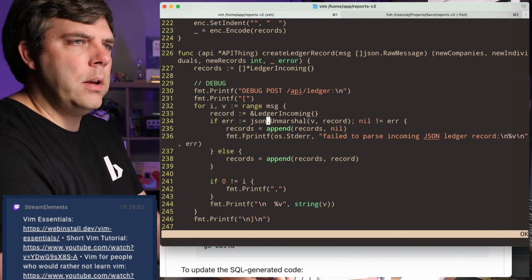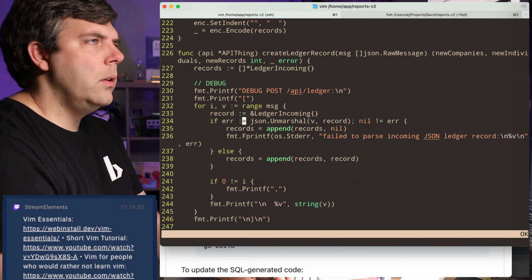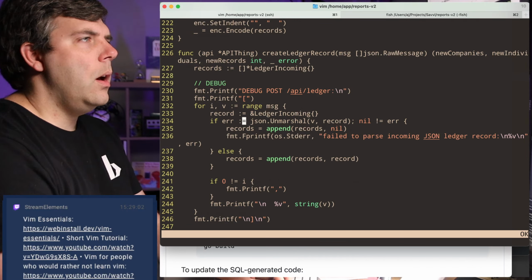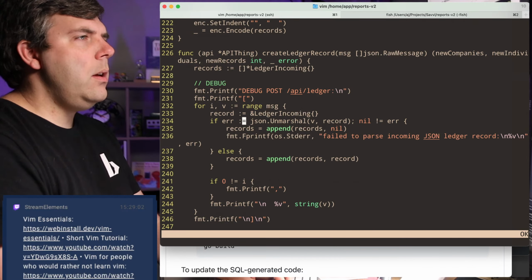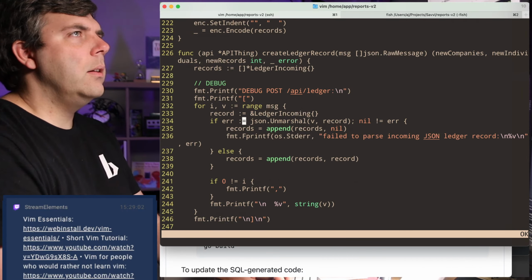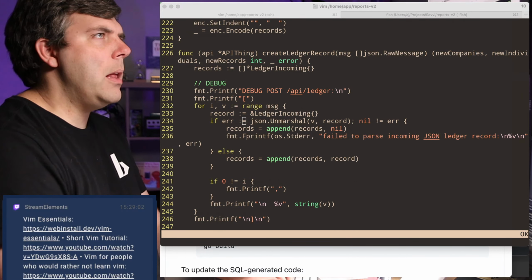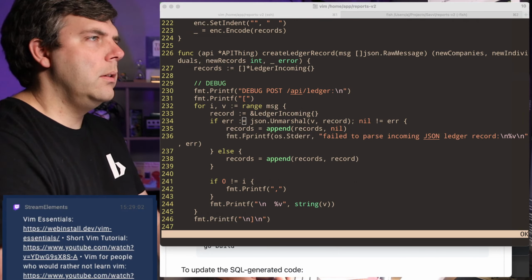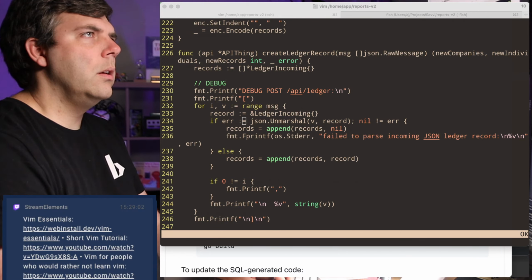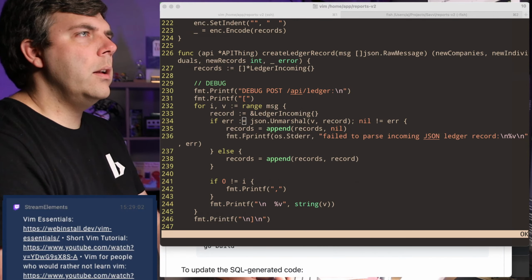Ah, what did I do? Whoops, I hit a wrong button. Oh, do I not have the Golang command set up in StreamElements? Let me go to StreamElements. Let me go log in real quick.